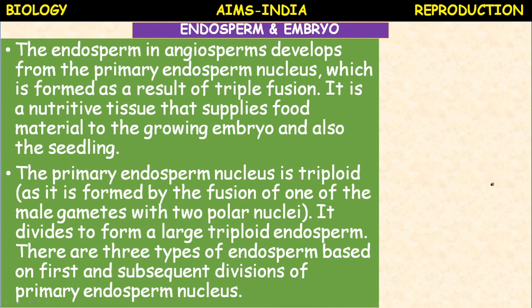If the endosperm is present, they are albuminous seeds. If endosperm is absent, exalbuminous seeds. Okay, non-endospermic seeds and endospermic seeds are there. Endosperm may be completely consumed by the developing embryo before seed formation. Then it becomes non-endospermic seeds. They are called exalbuminous seeds. Example, pea. In some mature seeds, endosperm will be retained, that is castor, cereals.